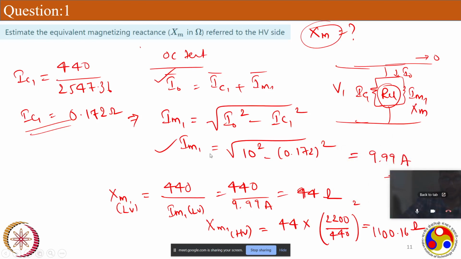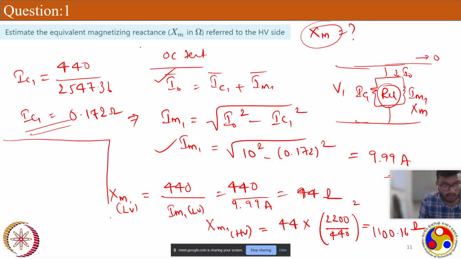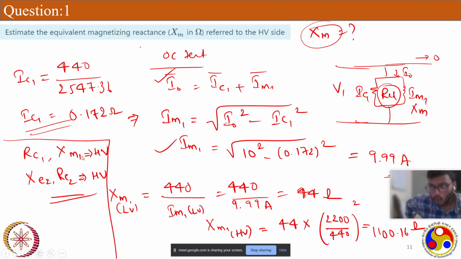So now we have got RC1 and XM1 referred to the HV side, and XE2 and RE2 referred to the HV side. So